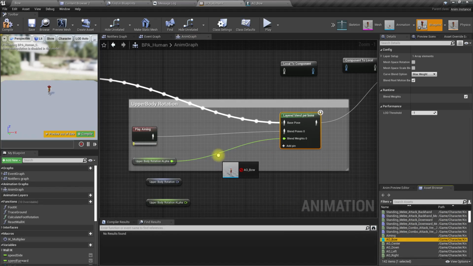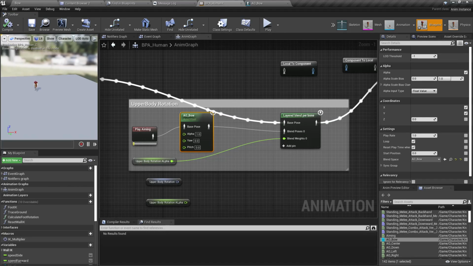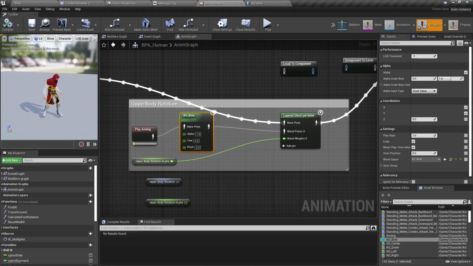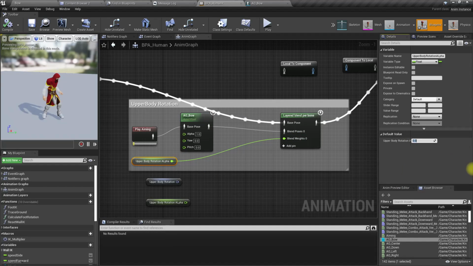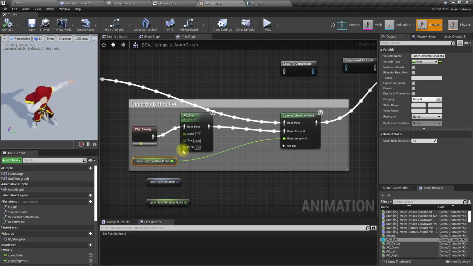Oh, let's see. Yeah, okay, let's try changing this. All right, okay, it is working.